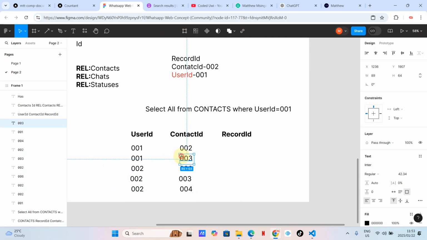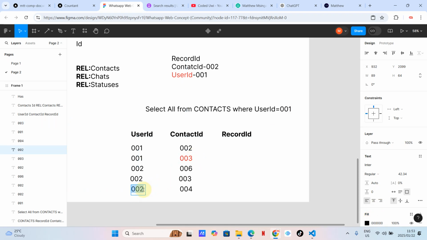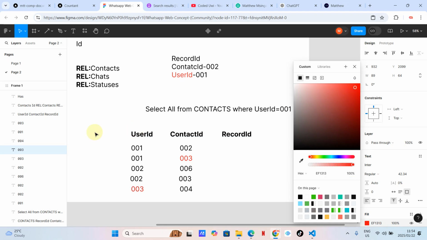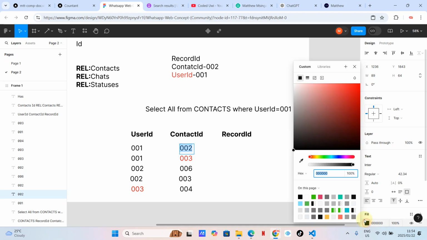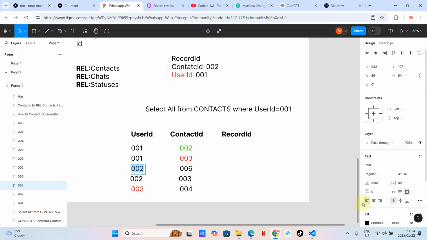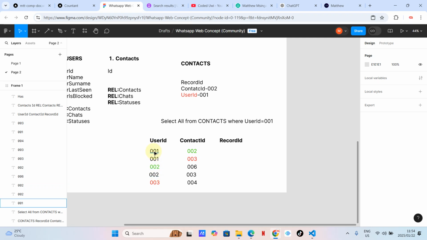As you can see here, we've got a mix of things. We've got 003 here, and at the same time, let's say we've got 003 here. We've got also 003 here. At the same time, on the left, we've got 002. Let's make it green. And we've got 002 here. So if we've got the same numbers as an ID and as a contact ID, this then means,